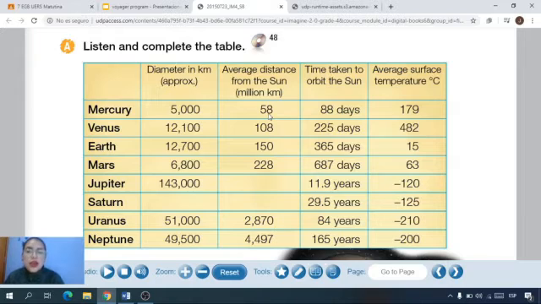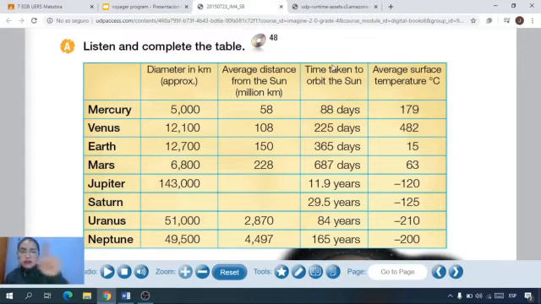Please, my dear student, open your color book. Va a abrir su librito de color. On page number 74. Ready? 74 de su libro de color. Let's start with a listening about the planets, and we are going to talk about some important aspects. Vamos a hablar del diámetro en kilómetros aproximadamente, del promedio de la distancia desde el Sol,